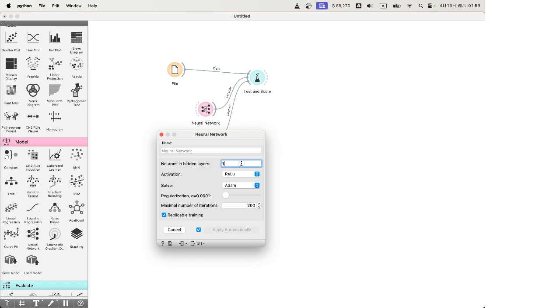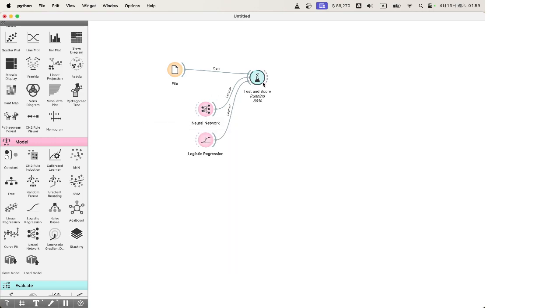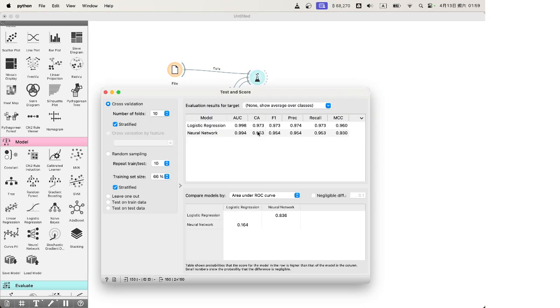For example, you can use a neural network like this, with multiple layers but a few neurons in each layer. You can see that the performance becomes worse, or better than the previous one, right? Because as we mentioned before, when you have multiple layers and multiple neurons, that means you can